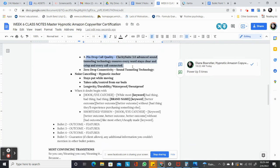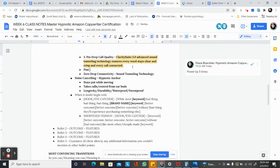The other option here is you can also say something if you want to keep it short, right? So you can say pin call quality, Clarity Suite 3.0. And you can say don't,